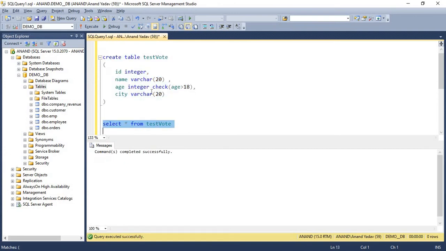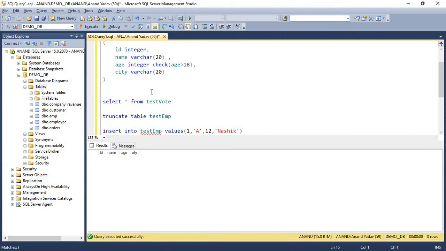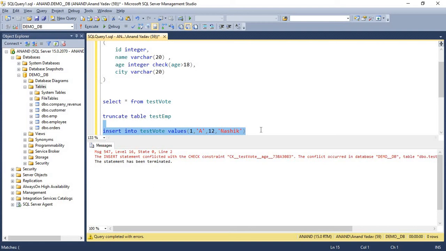Yeah, so right now the table is empty and it has four fields: ID, name, age and city. And if anyone wanted to insert a candidate record whose age is less than 18, right now you can see that age is 12. If anyone tries to insert such a record, the database will not allow it to be inserted.